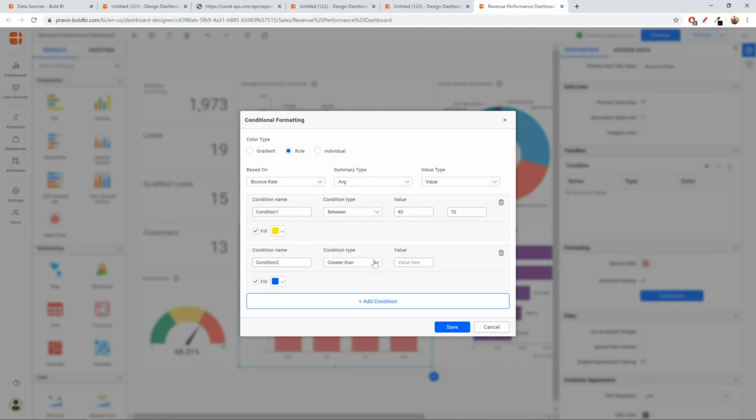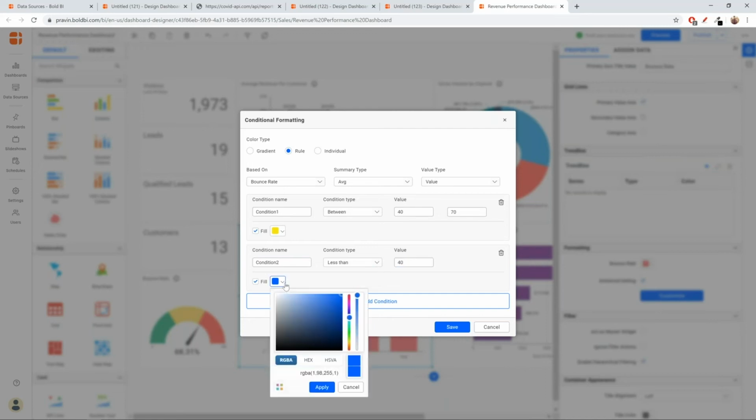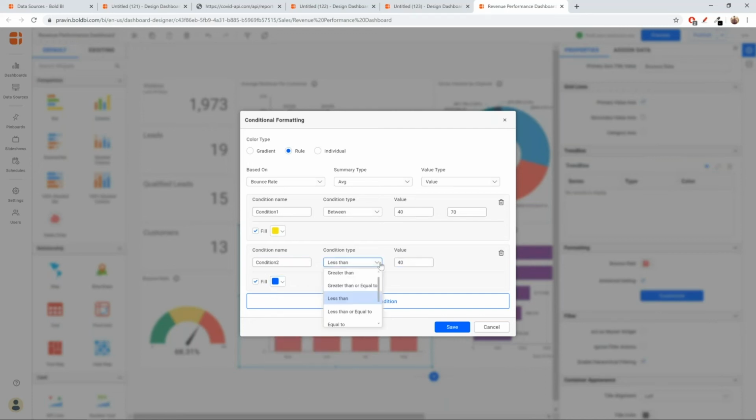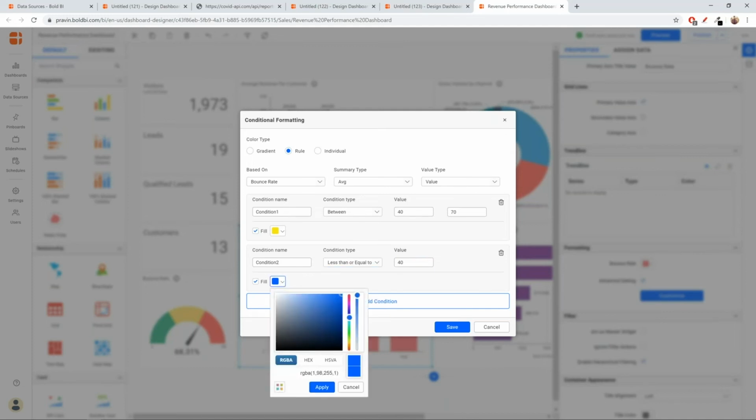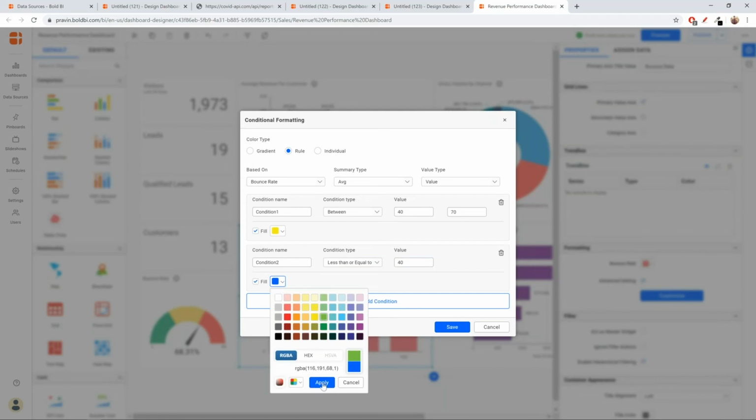And if the bounce rate is less than 40, we can assign a green color. Let me make it as less than or equal. I'll just apply green color.